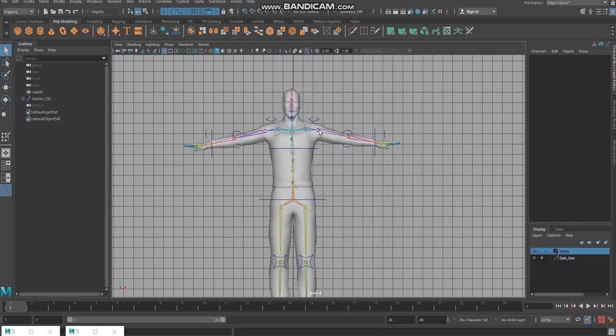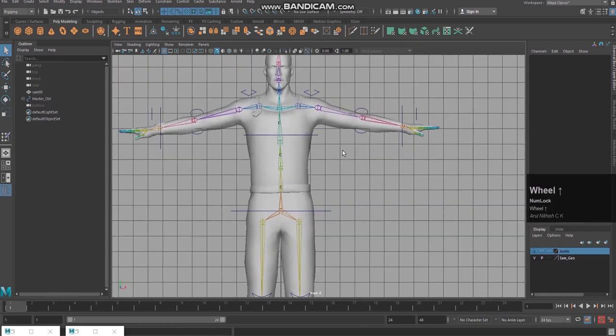Okay, if this character is not having one hand, he lost his one hand in a war, so he won't be having this part of the arm. His shoulder joint will finish here, but he is having the right arm. Then this model is not symmetrical, this is asymmetrical. So in that case we need to do the paint weight tool manually, because we cannot duplicate or mirror this weight here, because the bone structure is missing here and it is having an extension of bone here.